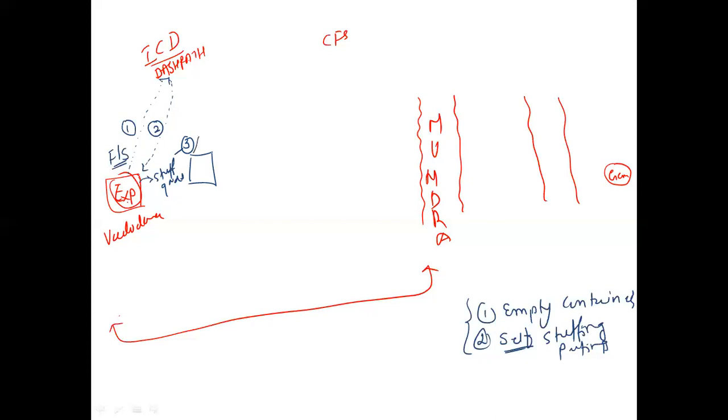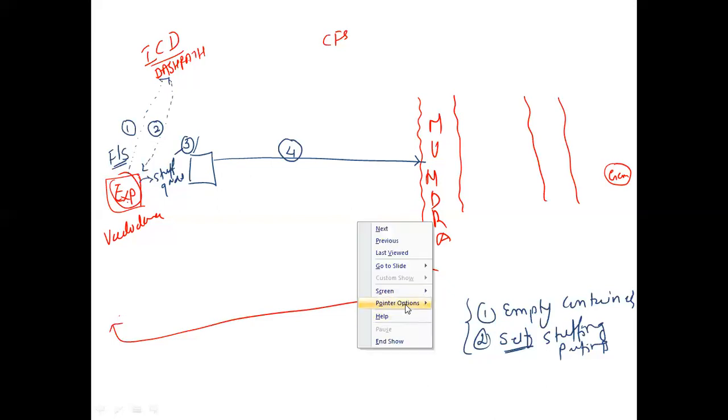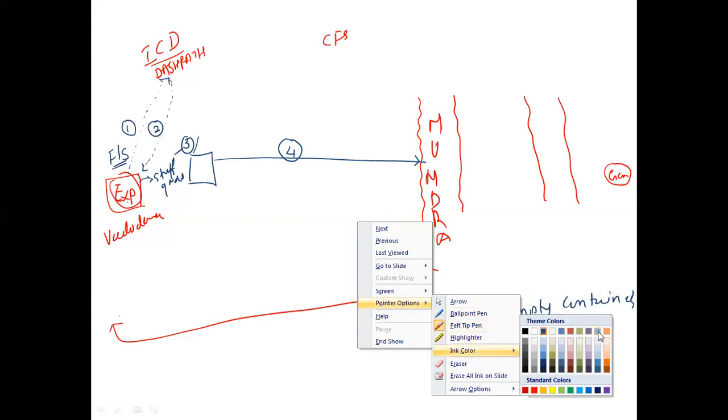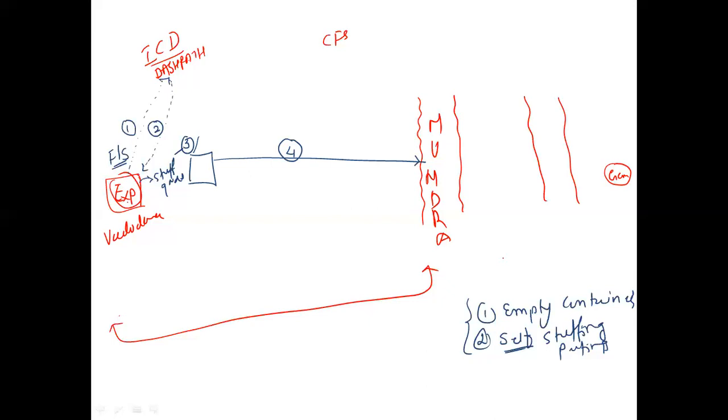If you require the presence of any customs official, you can invite them over here, and then you can move towards the port. Okay, so this is step number 4. This is what factory stuffing is. So you require empty containers, so you purchase them or take them from the nearby ICD, and then you stuff all the goods, that is factory stuffing, and then move towards the Mundra port. Here you will use either road or rail.